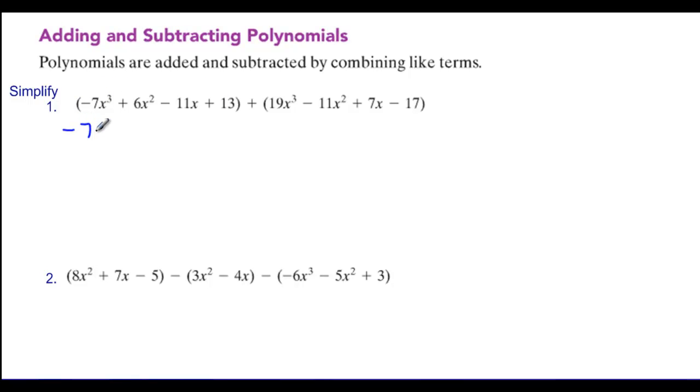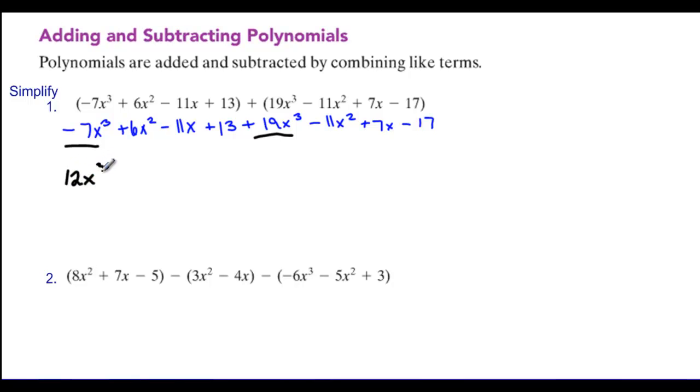So we're going to have negative 7x cubed plus 6x squared minus 11x plus 13. And for the second one, the reason we can just drop the parentheses, this is plus, this is like having a positive 1 times all of these terms. So we're going to have plus 19x cubed minus 11x squared plus 7x minus 17. And now, whenever we combine our like terms, we're going to start with the highest exponent. So we're looking at the x cubed, so we have negative 7x cubed and a positive 19x cubed. So that's going to give us